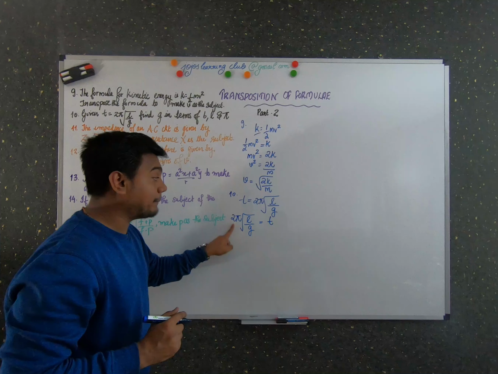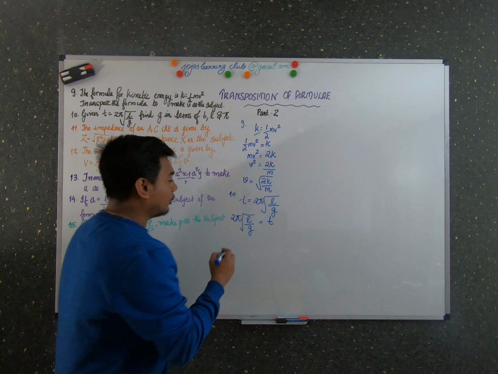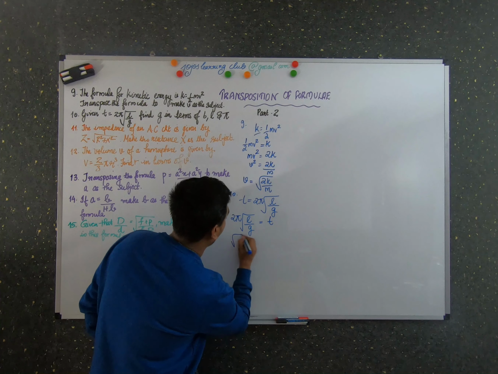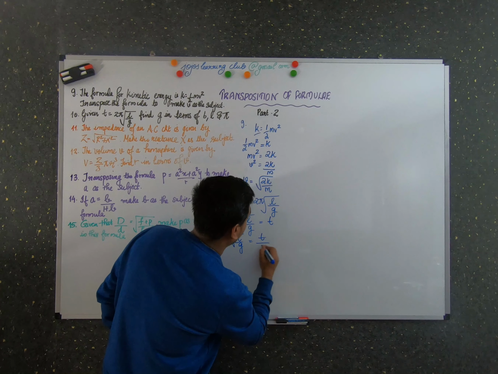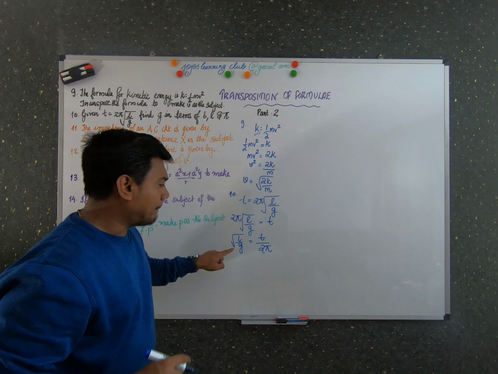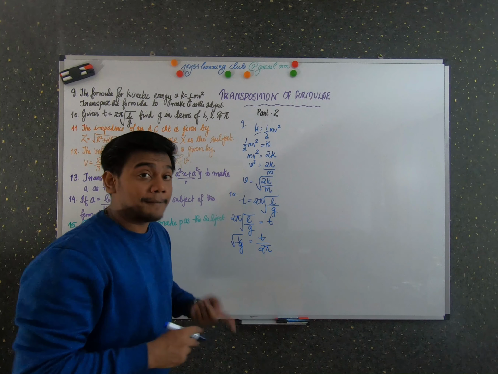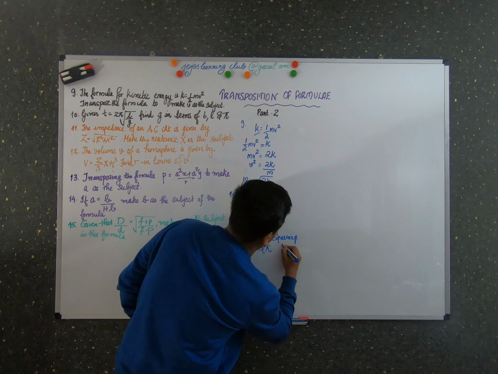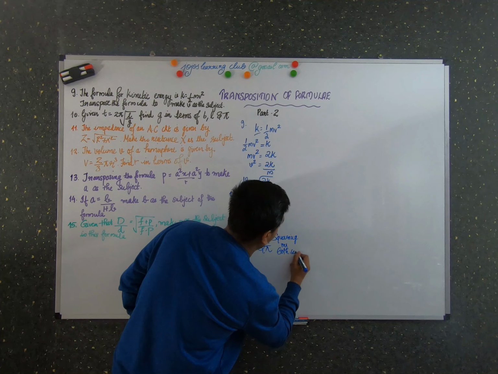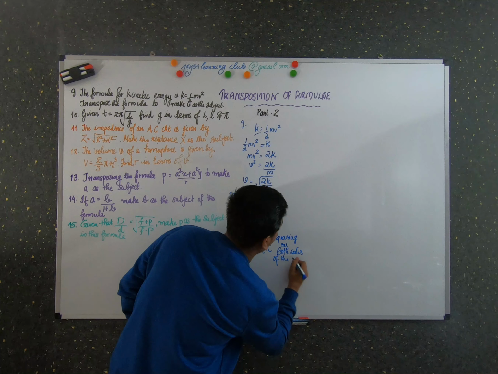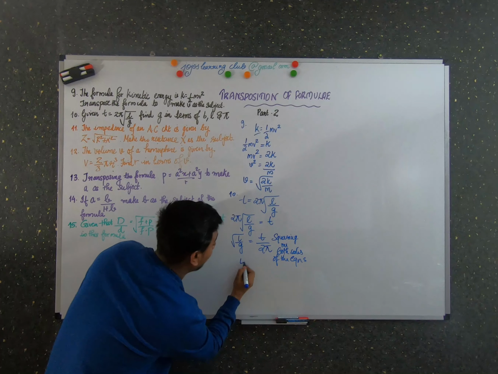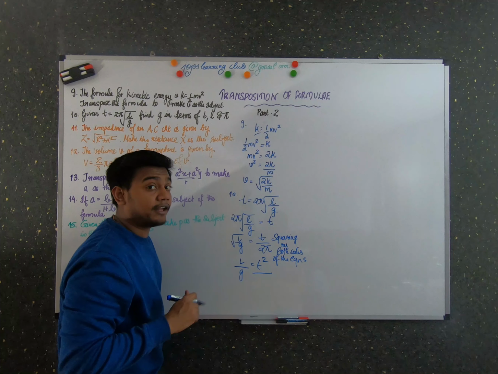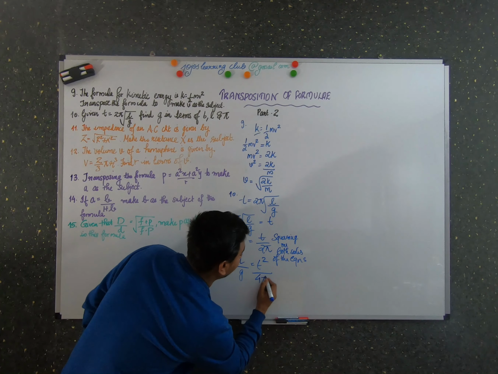First of all, the first step is that I have to eliminate 2 pi from that. For that I am going to divide both sides of the equation by 2 pi. So root of L by G is equal to T by 2 pi. But there is a root over G, so to eliminate that I am going to square both sides of the equation. So what happens? L by G is equal to T square by 2 pi the whole square, which is 2 square into pi square, that is 4 pi square.